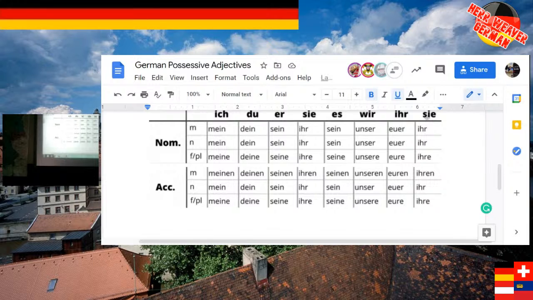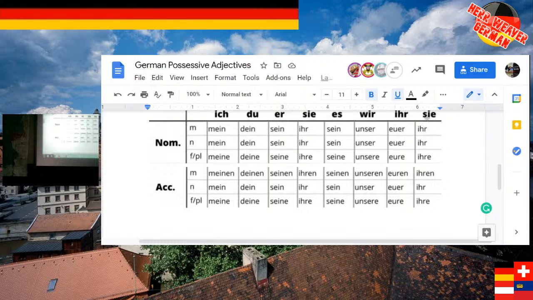So let's talk about relatives, and I'll throw some possessive adjectives up here. Now, one thing we know about the relatives is they're either going to be feminine or masculine, right? There might be something like das Kind, but that's not really a relative, right? Or what's the other one, das Geschwister. Okay, that could be brothers or sisters, all right? Let's stick with the ones that are masculine or feminine.